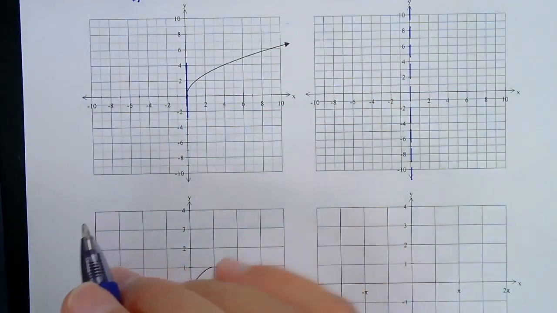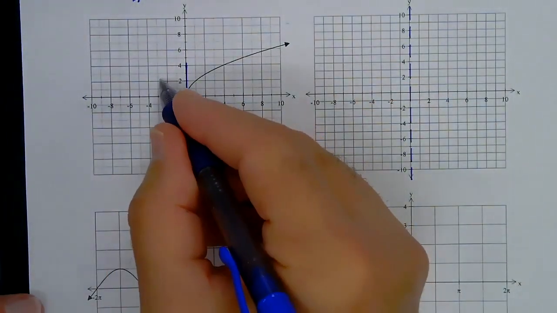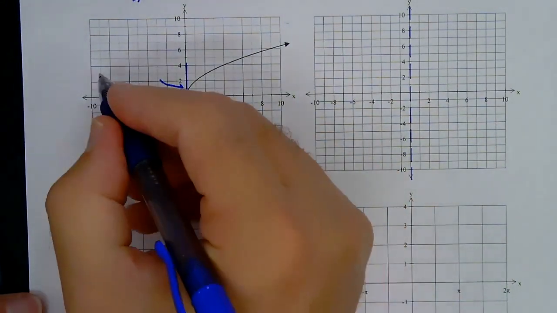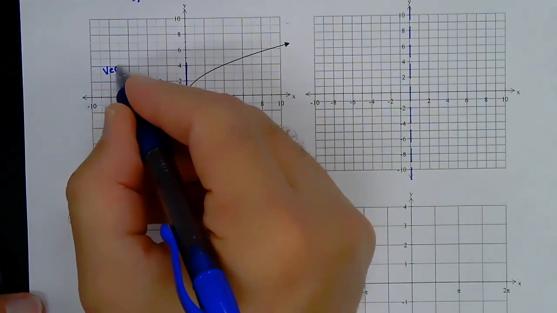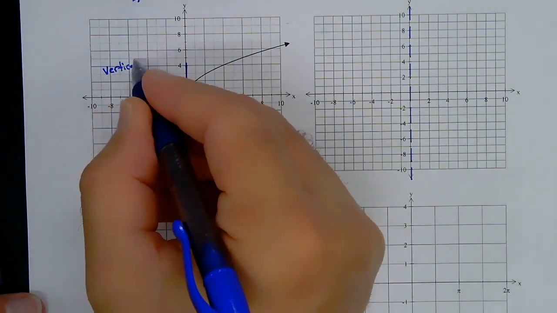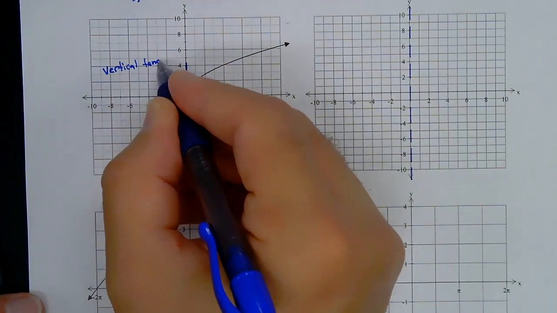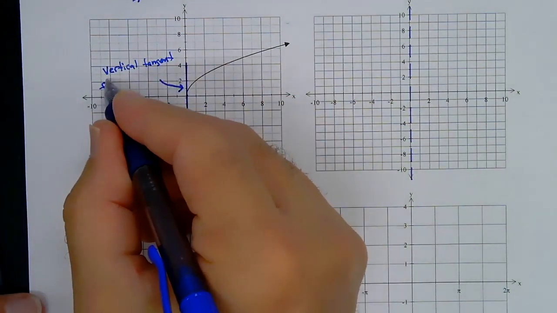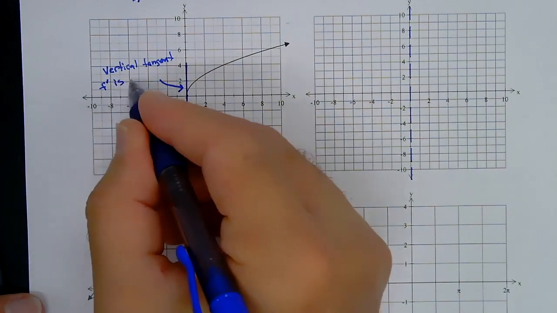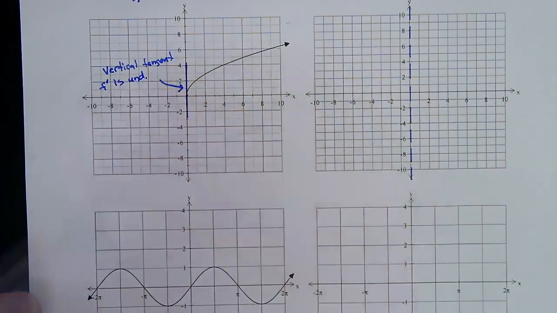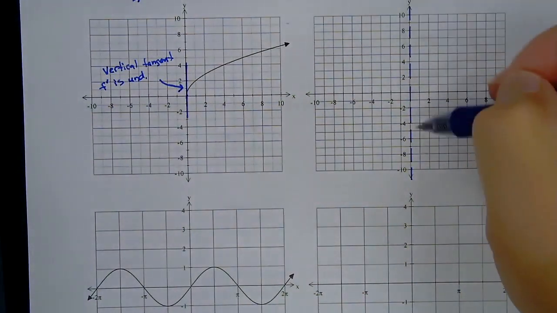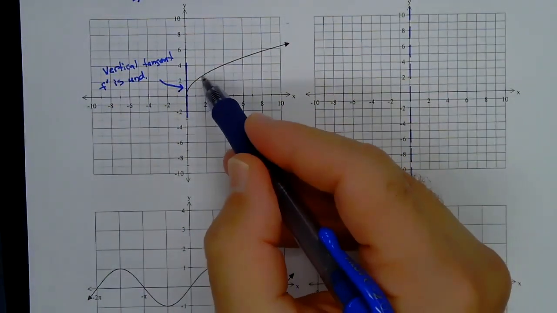And what that means is the slope is undefined. Okay, that's another way of explaining it. So we have a vertical tangent instead of a horizontal tangent, which means f prime is undefined because the slope is undefined there. That's what's causing this vertical asymptote right here. As you get closer,